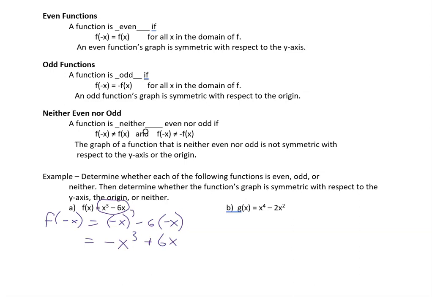So now let's go ahead and test to see whether it's odd. Well, if it's odd, then f of negative x, which we just found, will be equal to negative f of x. So let's find negative f of x and determine whether or not these two are equal. So we're making the entire function negative, so we're putting a negative in front. Don't forget to put it in parentheses so that we remember to distribute that negative to each term. And we end up with a negative x cubed